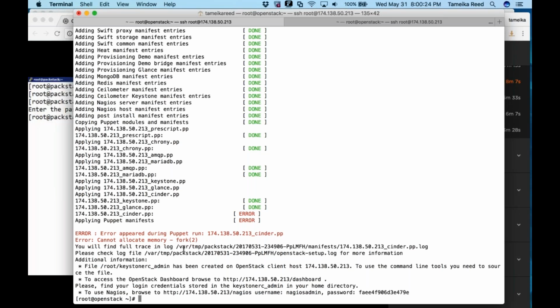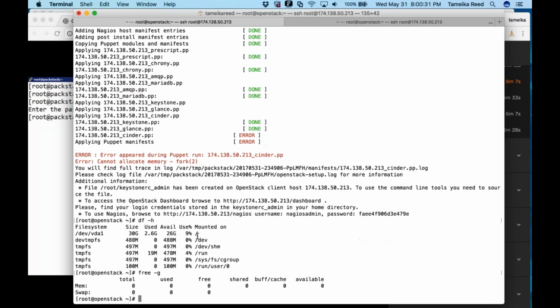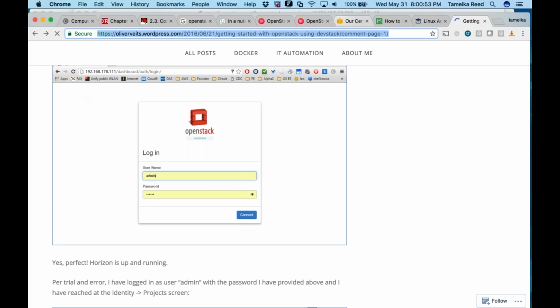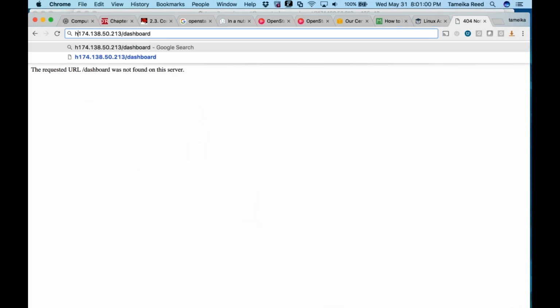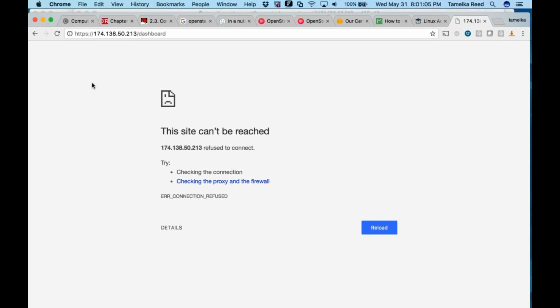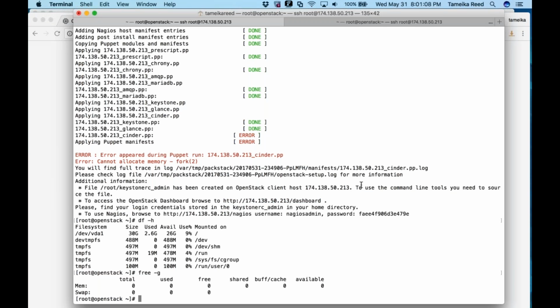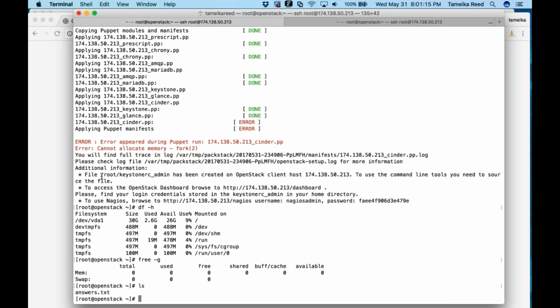Let's see. I had an error. Can't allocate memory. Oh, it is out of memory. But it looked like, hold on. It looked like it might have worked, but it's out of memory. Let's give it a shot and see. Let me look and see. Yeah, it's out of memory. I don't think it made any keys. Nah. It said it did it, but I don't see it. Let me see. Yeah, it didn't do it because